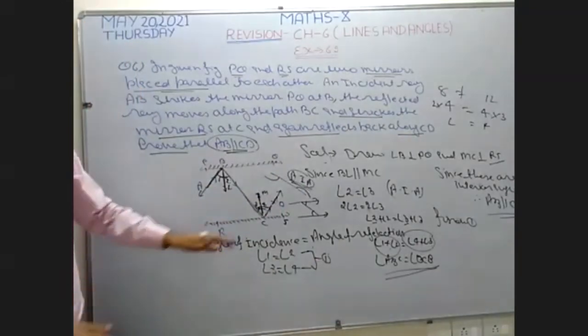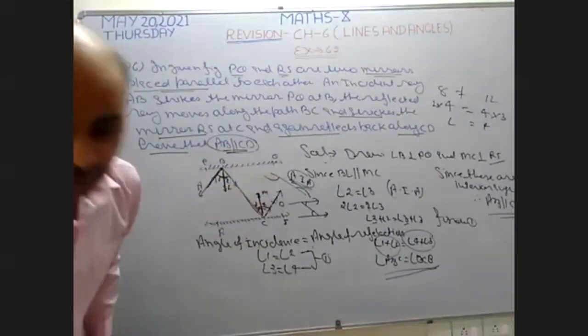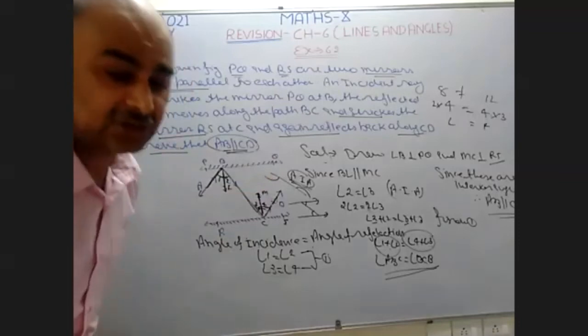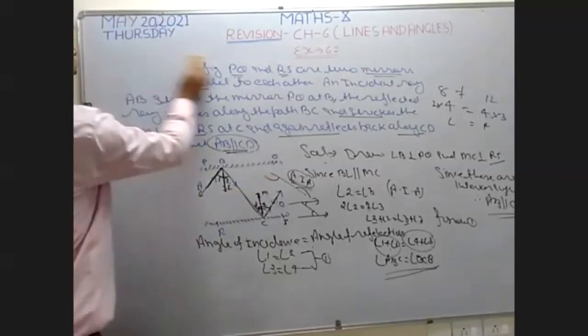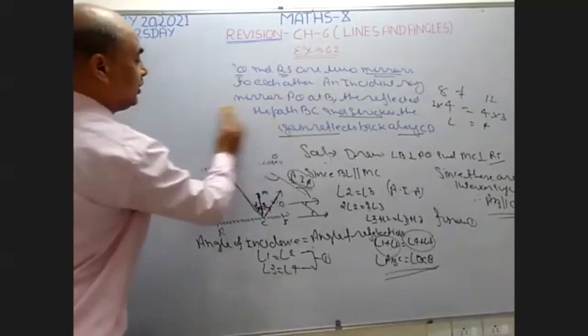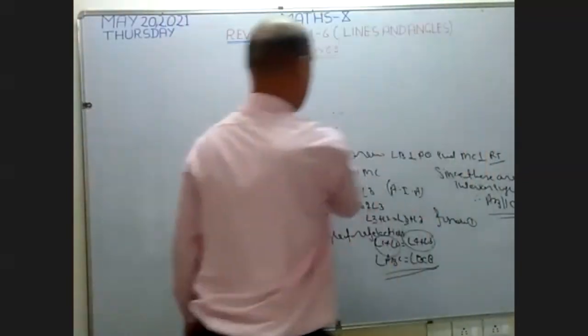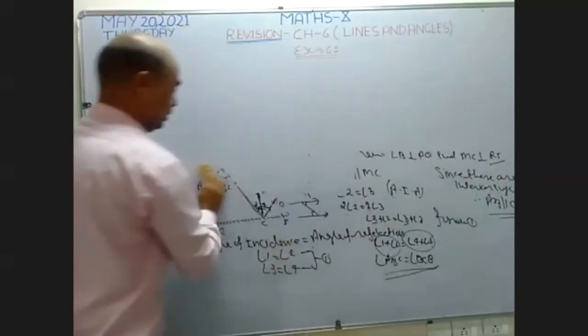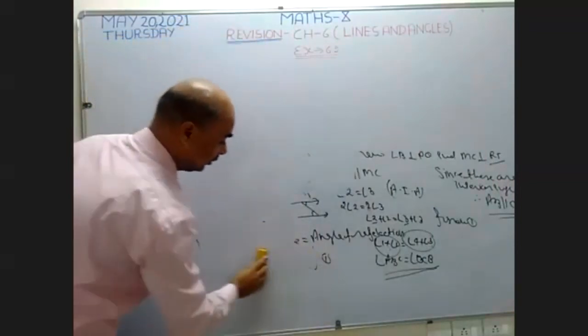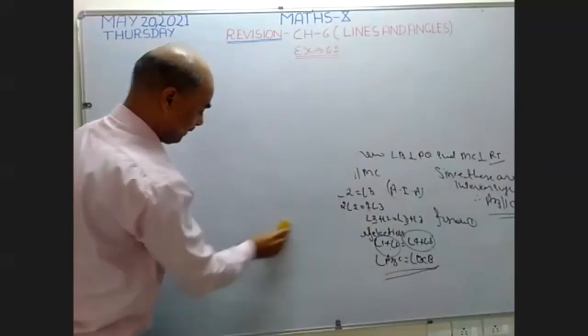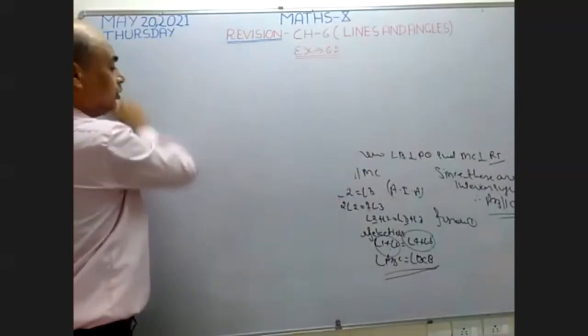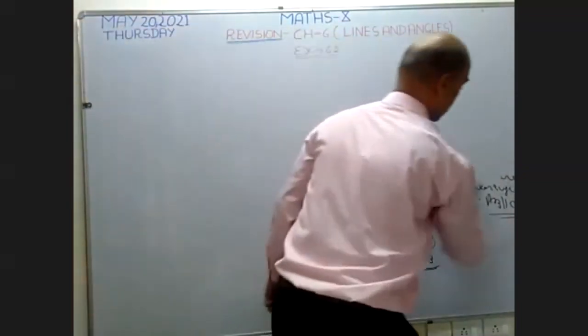Okay, sir. Yes, sir. Understood. Okay, wait. Now, any problem from exercise 6.3? Send me a message which question you want to solve on the board. 6.3, beta. Send me a message, beta. Here your mic is open. Yes, sir. Which question, sir? I'm having a doubt in the last question of 6.3.